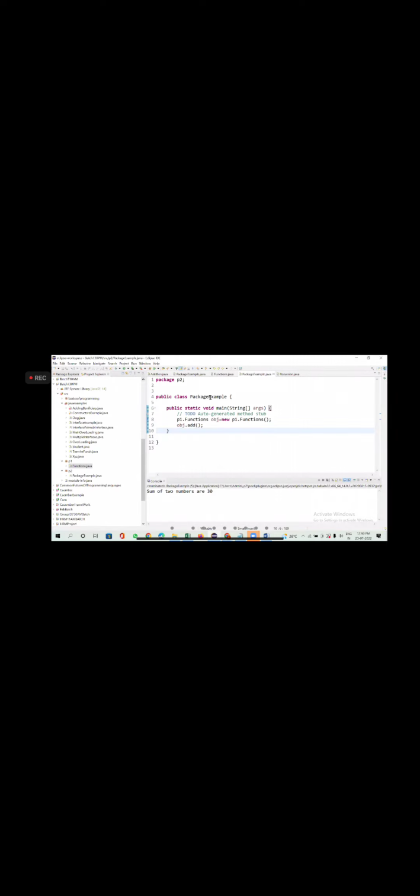Private is always no. Next, subclass outside the package. Public is yes, protected is yes, default is no, because default is within the package and outside the package it is not available. Then any non-subclass outside the package: protected has outside-package scope, but through inheritance. When it comes to outside the package with a non-subclass, you're not using inheritance, so only public will be available. In this example, I'm adding public to the add method.